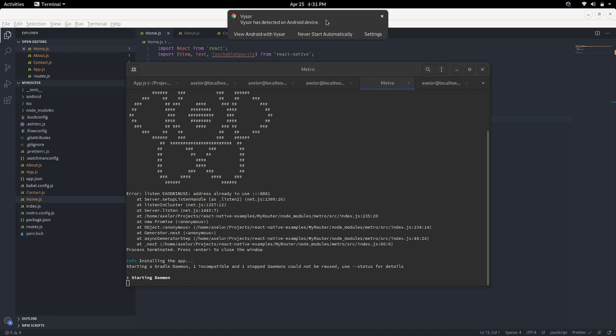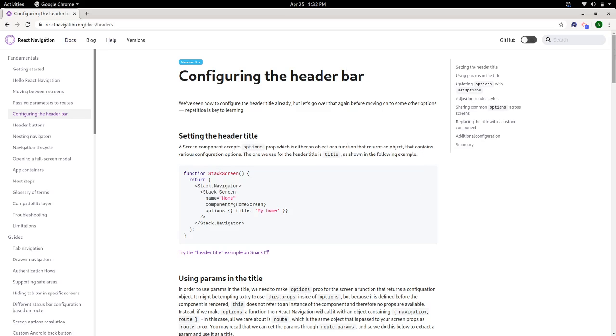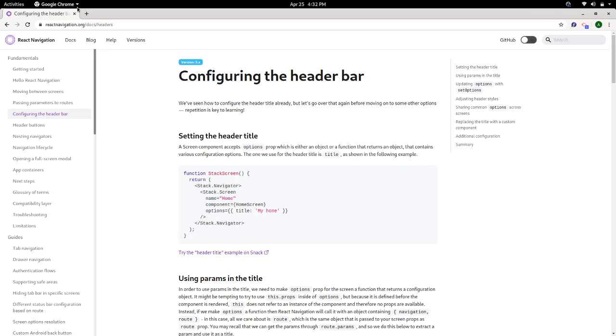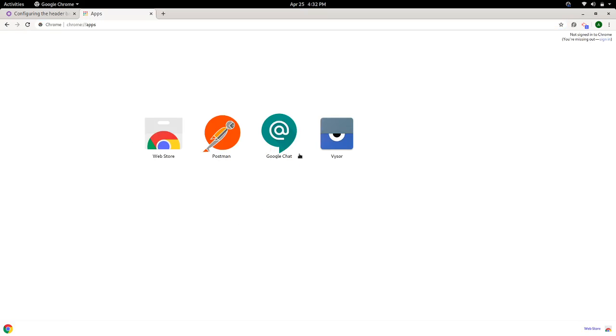You can use Vysor also. In my instance, I am going to use Vysor, so I will open the Vysor app from Chromium.